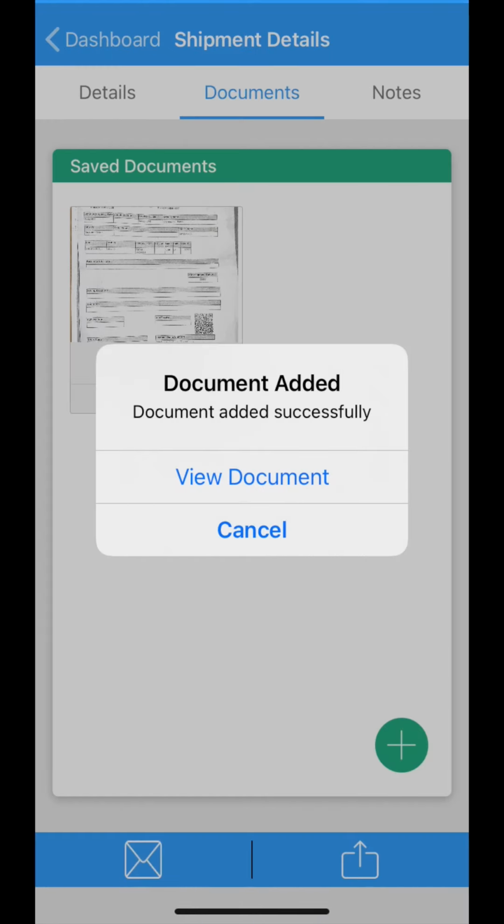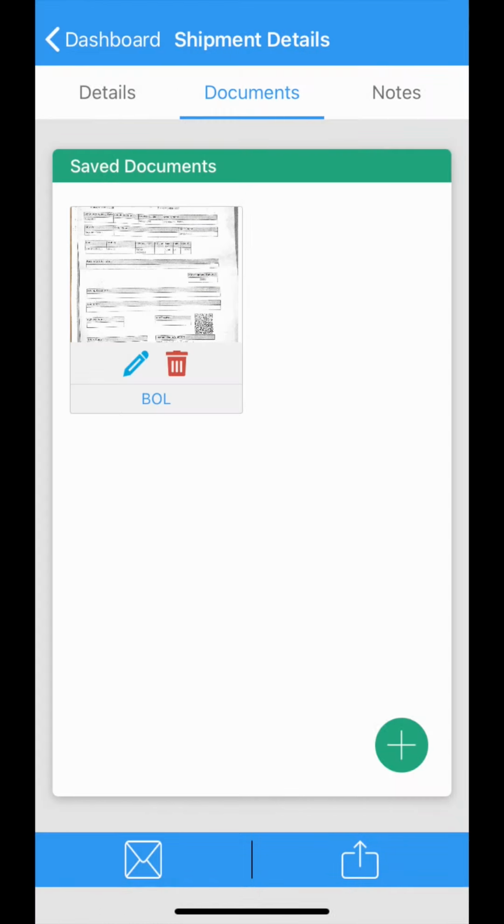So this will just show you that you're successful in uploading your photo. You can view the document again, or tap Cancel to go back to the load. So here you would tap Cancel. This prompt depends on what kind of device you have. Now that you've uploaded your document, you can either tap the blue pencil to edit it or the red trash can to delete it. I'm not going to go over how to edit because usually when there is a problem with paperwork, we will have you use a totally different application.